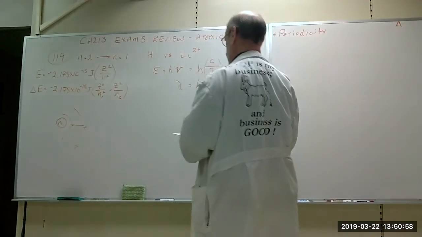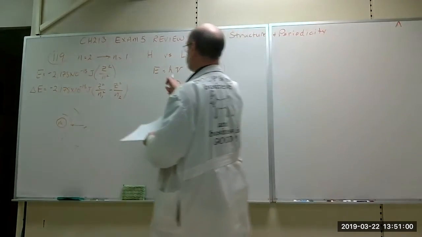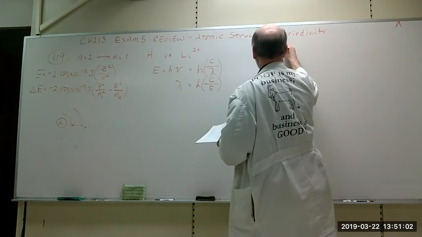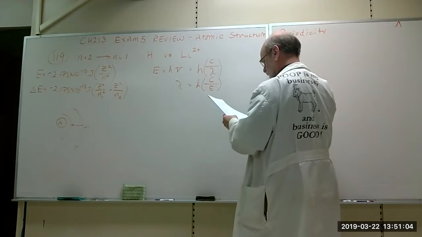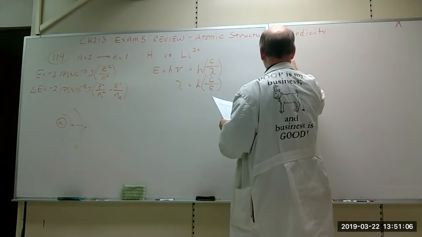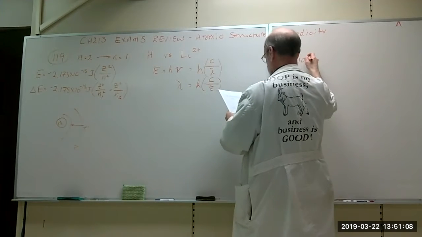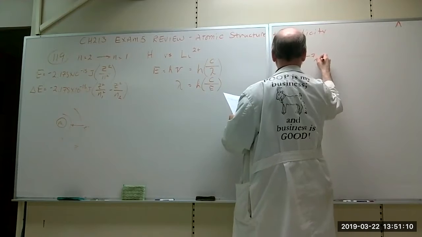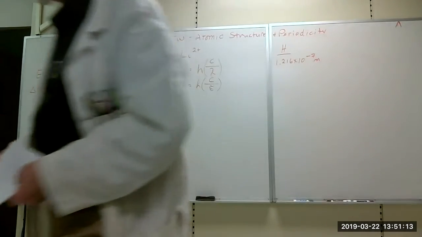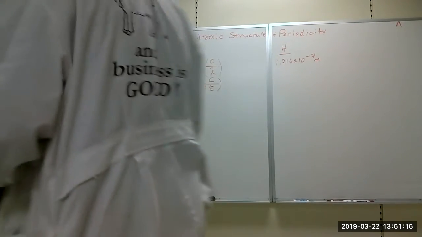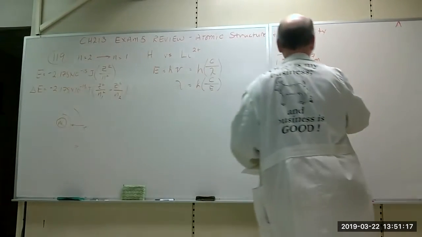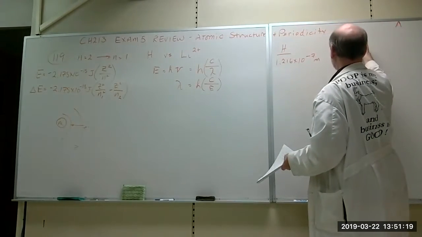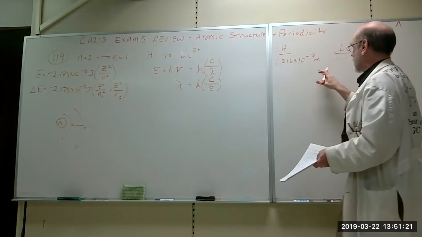You don't need it because we're given the transition for the hydrogen. So the hydrogen wavelength transition is already given as 1.216 times 10 to the minus 7 meters. Did I convert that? No, it's given that way. So that's hydrogen. What we need to find out is what's the same transition for